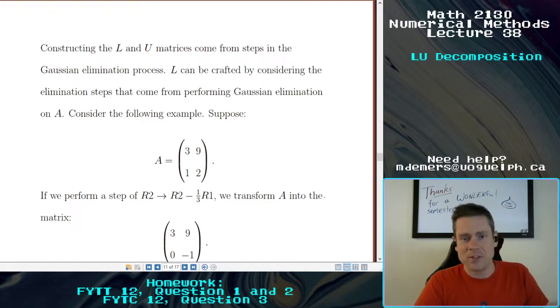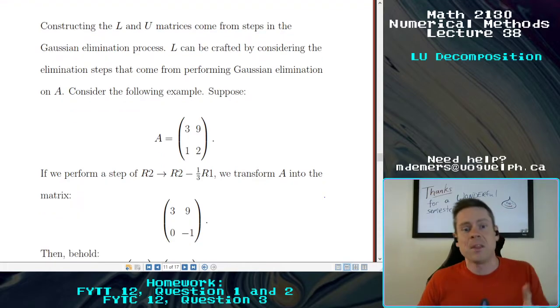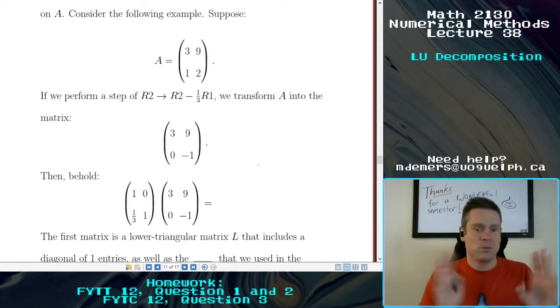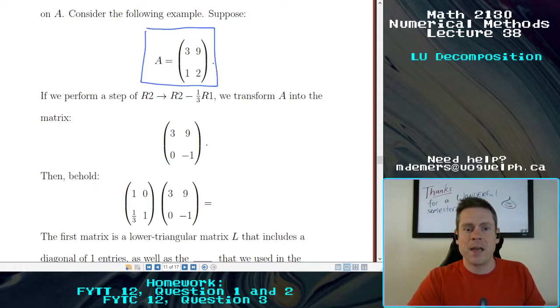So L can be crafted by considering the elimination steps that come from performing Gaussian elimination on the A. So I want you to consider this really simple 2x2 example, and you'll see right in front of your face how this goes. So suppose we have this matrix right here. Okay, I'm going to use